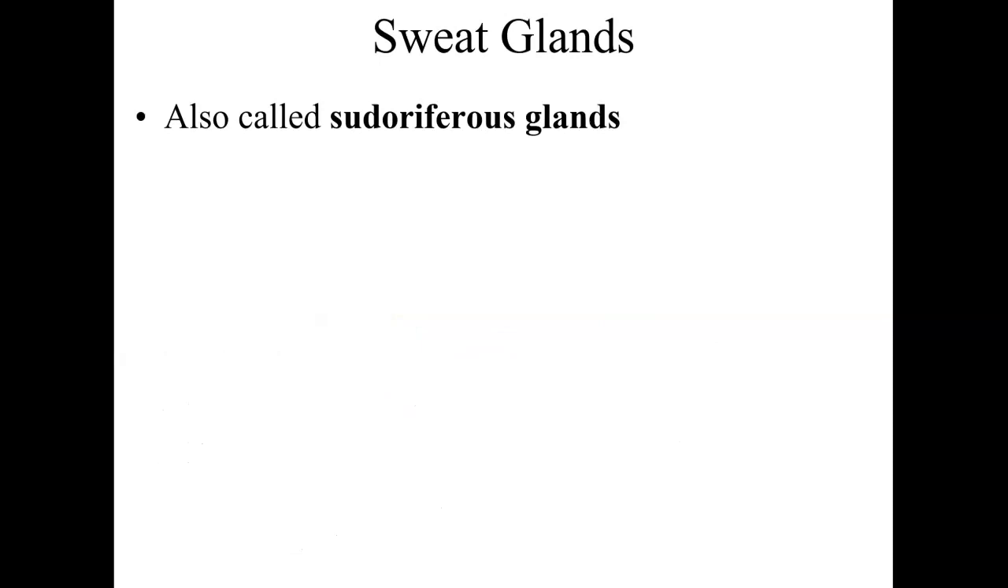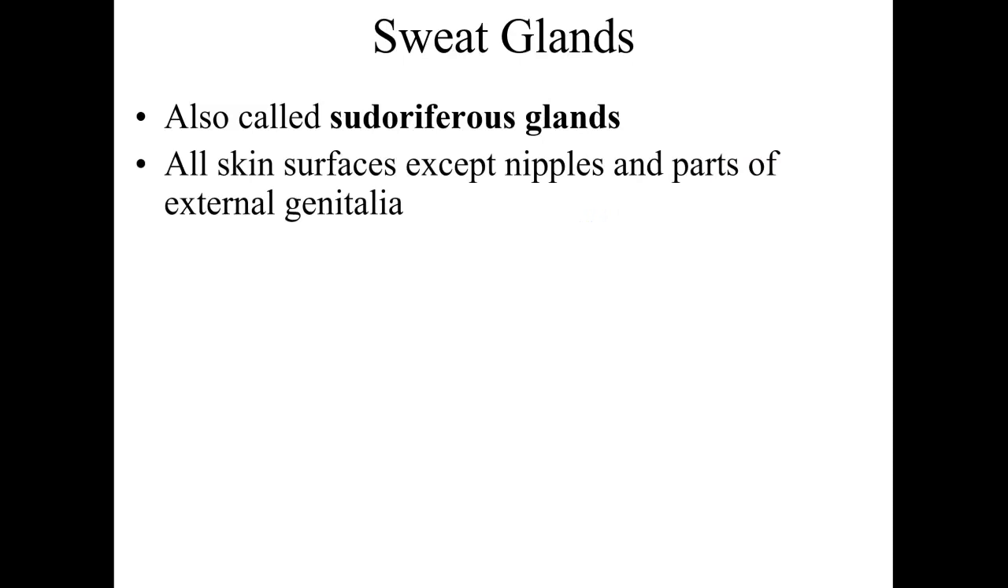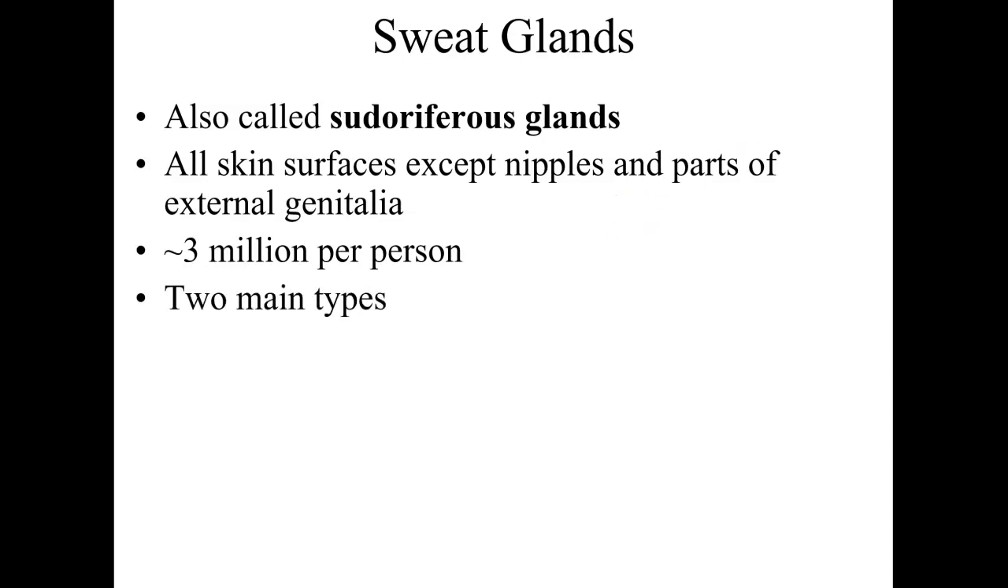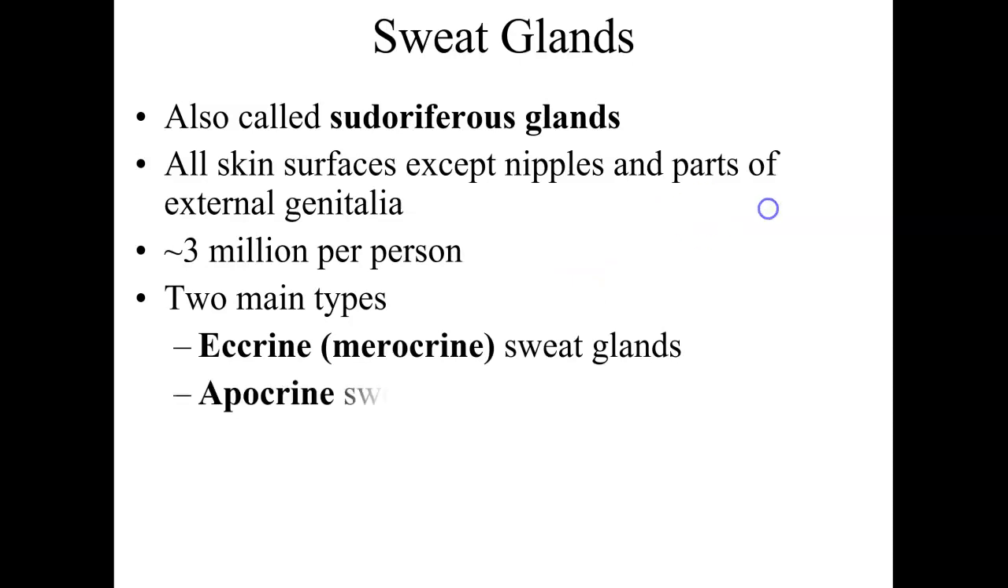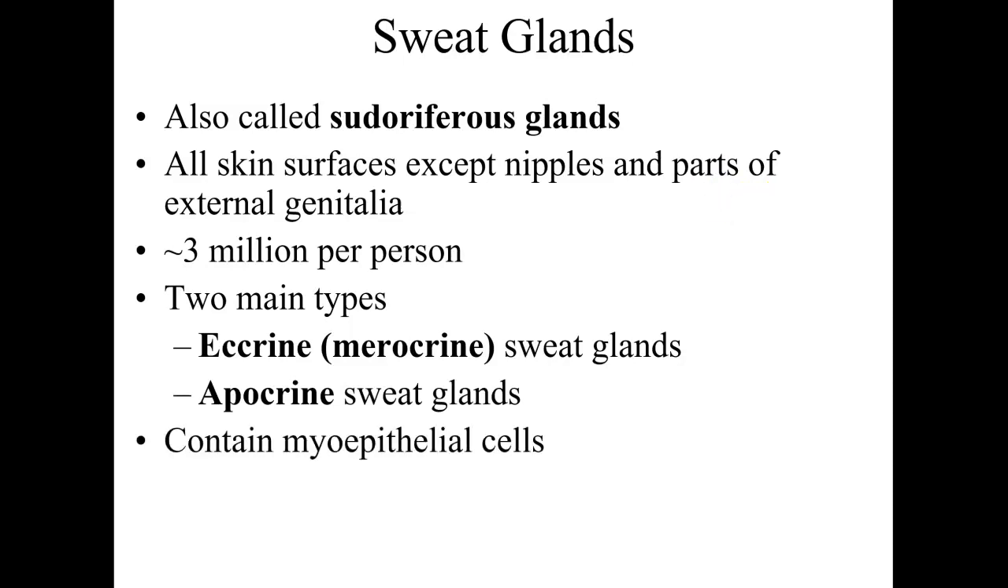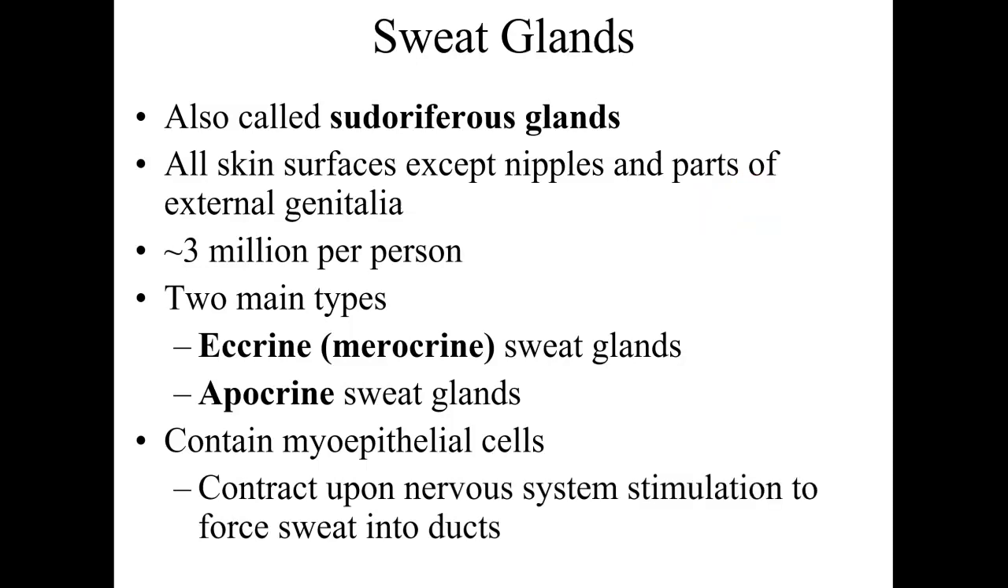Now with your sweat glands, these are also going to be referred to as sudoriferous glands. All skin surfaces except for the nipples and parts of the external genitalia do contain sweat glands. We have roughly 3 million sweat glands per person. We're going to have two main types. First is the eccrine sweat glands, which are a merocrine type of sweat gland, and then you have your apocrine sweat glands. These are going to contain myoepithelial cells, which contract upon nervous system stimulation to force that sweat out